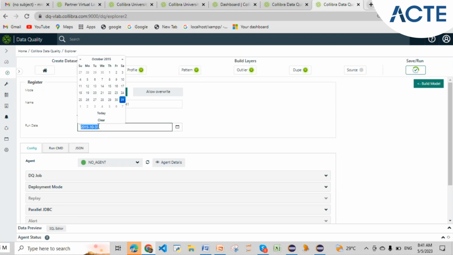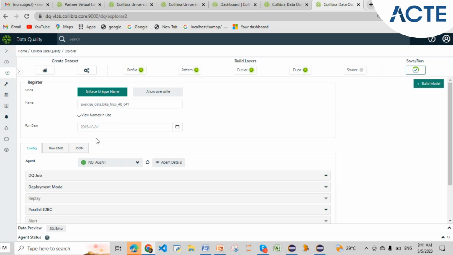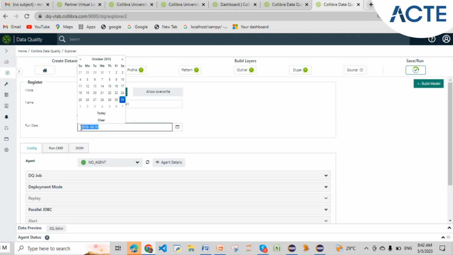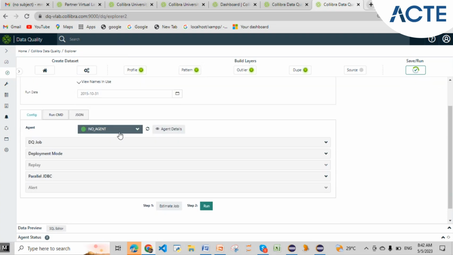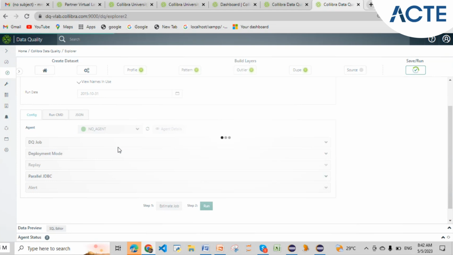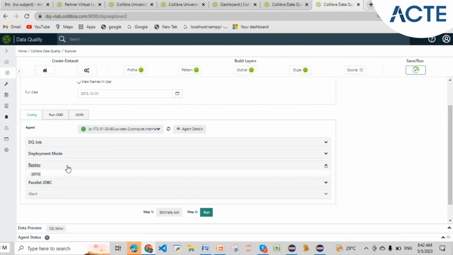So for the start date having this value, the data quality job will be running upon these rows having this kind of values in the start date. And I'll be adding the agent, and in this replay,